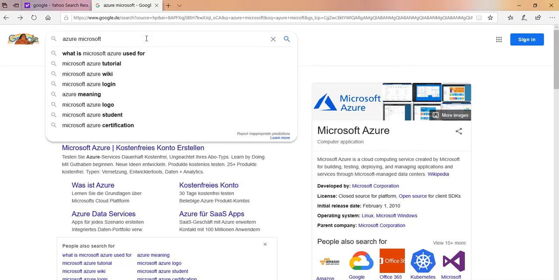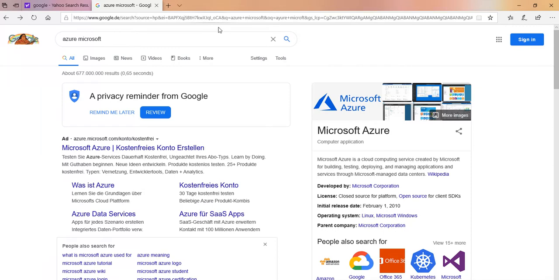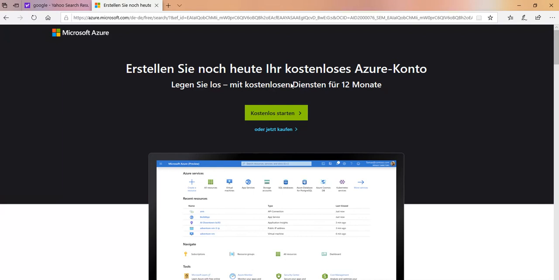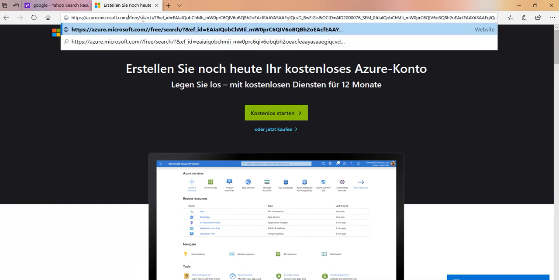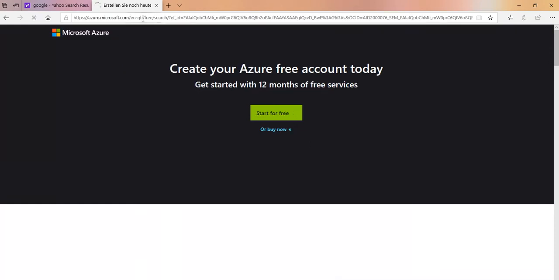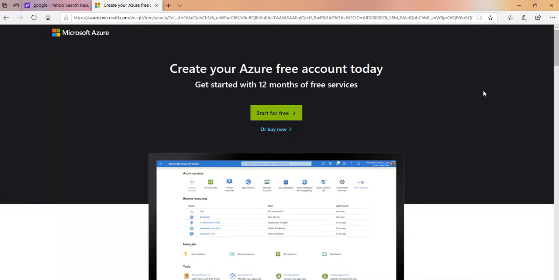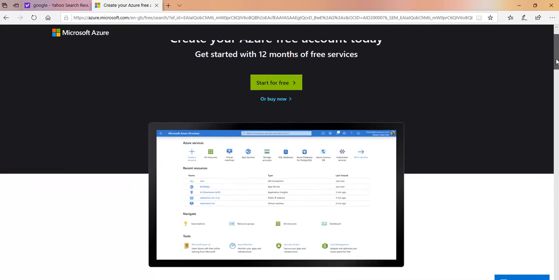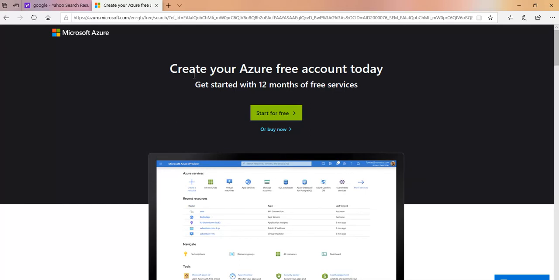So for that, just go to Google and type Microsoft Azure and you will get this website, azure.microsoft.com. Simply click on this first link and this website opens. In my case it is German, so I will change it to the English version of the link. Yeah, so you are here at the azure.microsoft.com main page, and here you can see you can create an